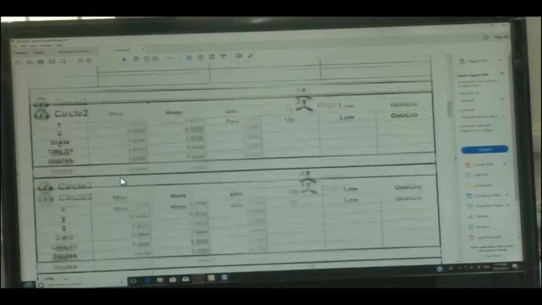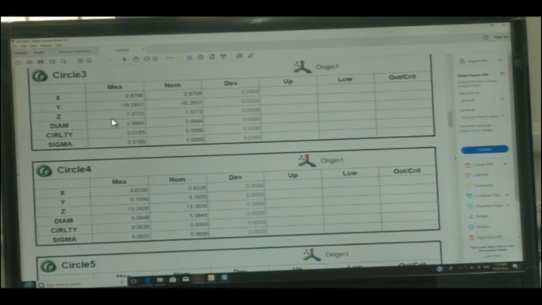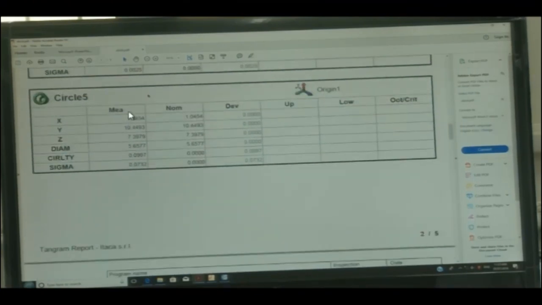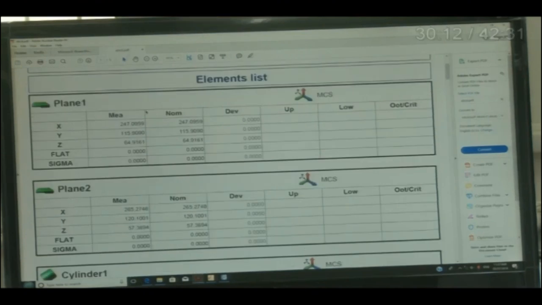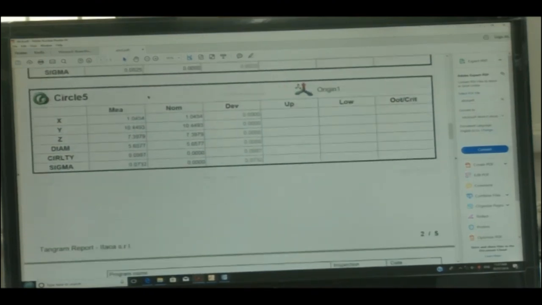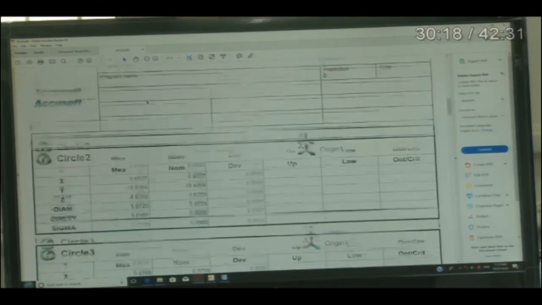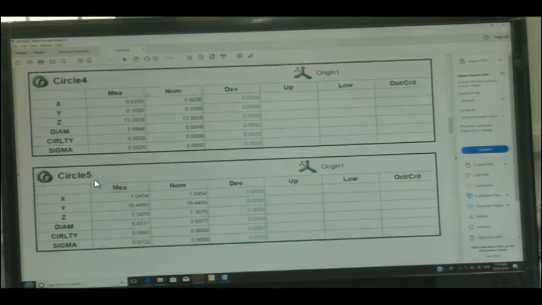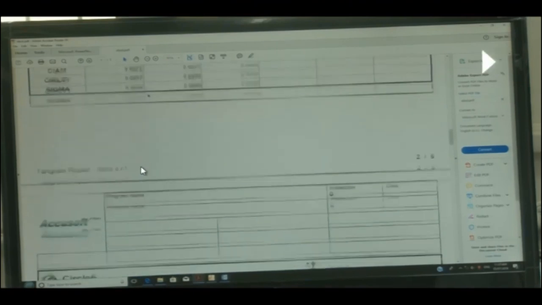Then we have circle 2, circle 3, circle 4, circle 5, all these circles, okay. The coordinates of the first circle or the cylinder that we have, similarly circle 2, circle 3, circle 4, circle 5, the dimensions for that.